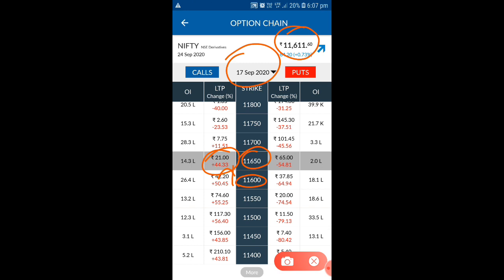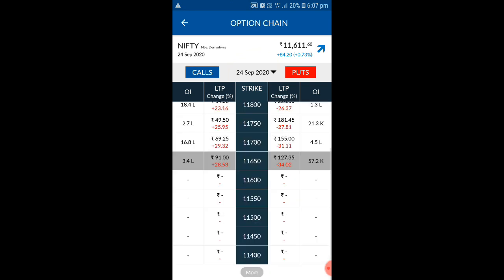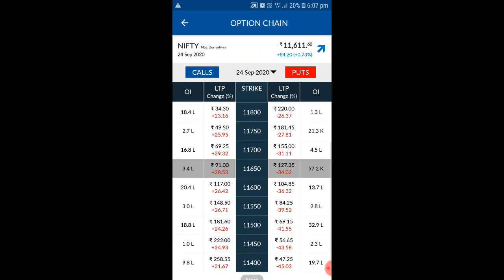So in this case, what you can do is select the next expiry. You can go to 24th September and select this area, whichever you are feeling, and you can buy here. So this 30 point movement may give you 10 points here, because here there is no expiry. That is how you have to select. If it is an expiry day, you can select the next week and trade, because there is no problem of premium reduction, since this is not the current week. It will not go to 0, because this is the next week, right? So this won't be going to 0.